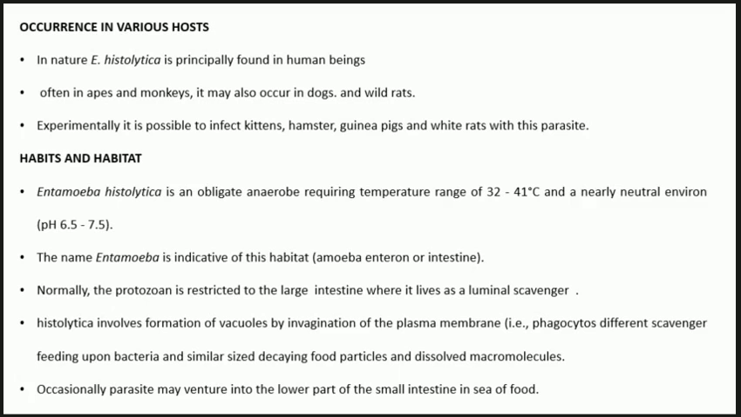So these are the conditions which are met in the human intestine. The name Entamoeba is indicative of this habitat. Remember, now look at the name Entamoeba. Amoeba means it belongs to the amoebic species, and enteron means intestine, where they are present inside. So they are adapted for the intestine